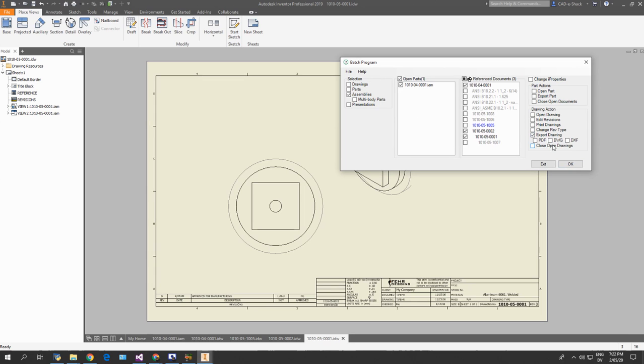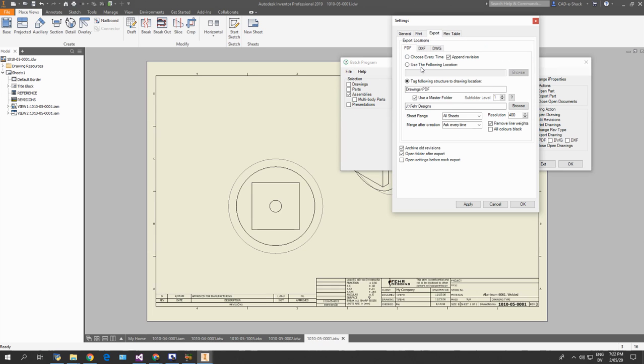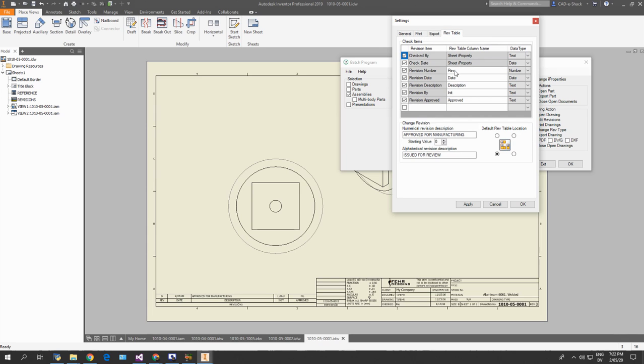Export drawing, we've done that in the last video. The only difference here is a PDF creates PDF as opposed to DXF and DWG. And remember, those are in your settings up here, depending on how you want to export. I mentioned the rev table that's found here. These listings need to be exactly what you see down here. They're not case sensitive, but they are spelling. So with that,